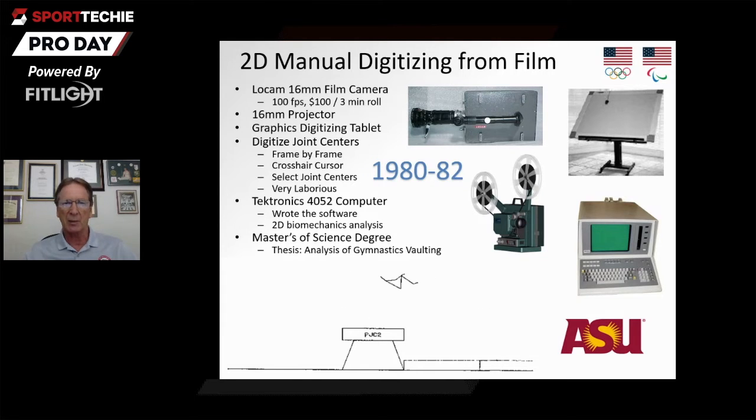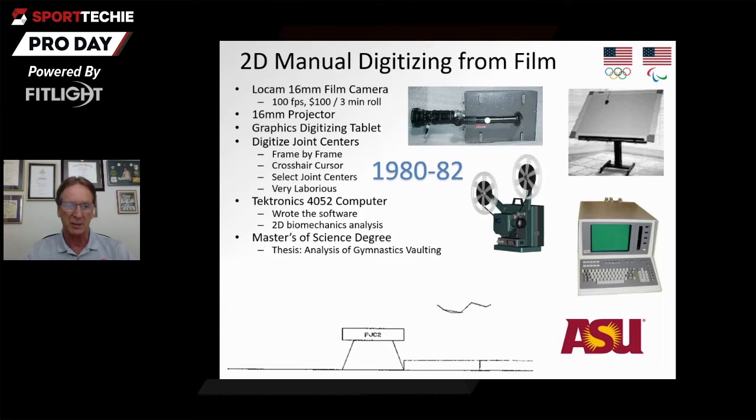So back then, the Human Performance Lab had a Locam camera, a digitizing tablet, a 16-millimeter projector, and a state-of-the-art computer, which had a massive 64K of RAM. And anyway, the problem was these were not connected to one another, and there was absolutely no software. So part of my job to get my master's degree was to learn how to program the computer and connect this all together. So I wrote some basic code that effectively allowed me to digitize a handspring front somersault vault,